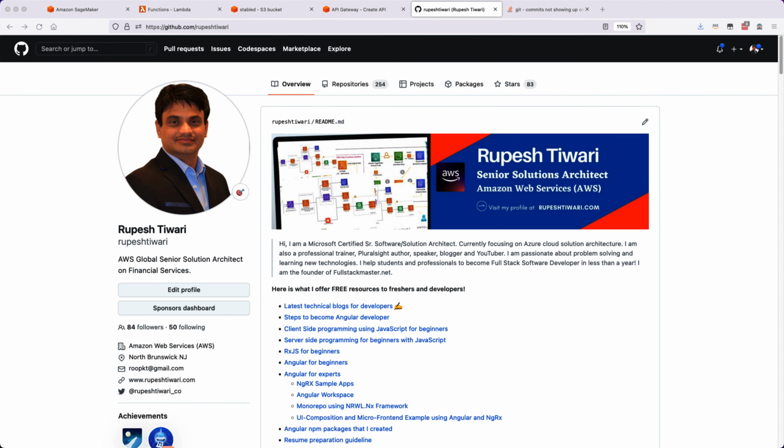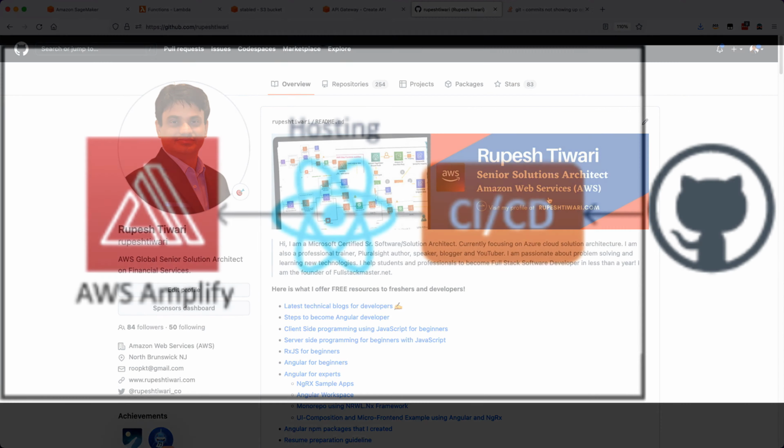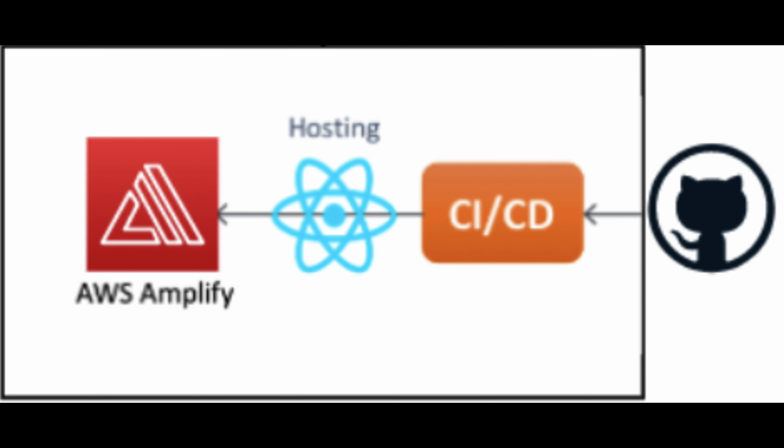In our previous video, we created a simple web application, called a React application. And in this video, I will show you how to check in our code into GitHub. GitHub is a tool where you upload your program, and once the program is uploaded, you can always hook